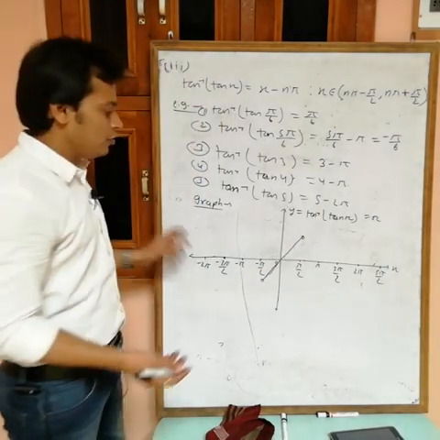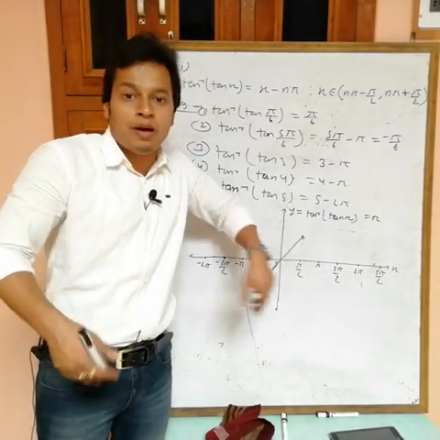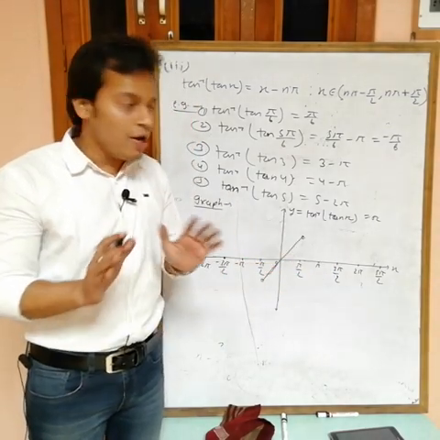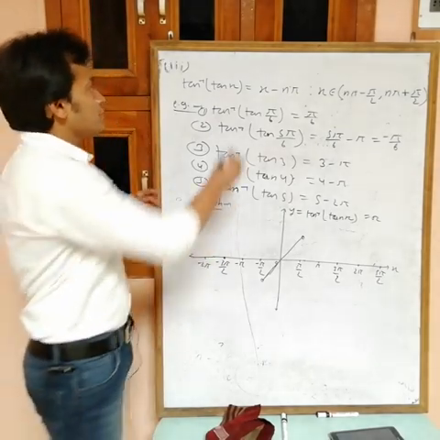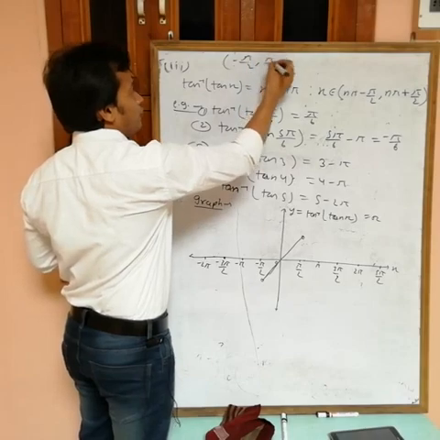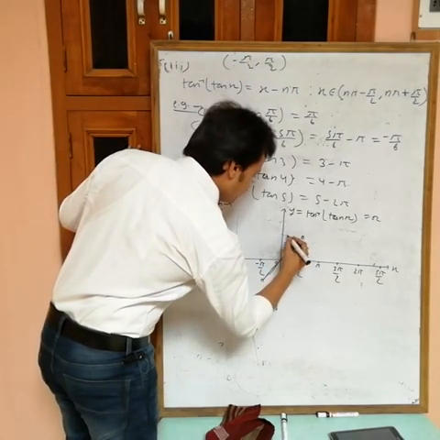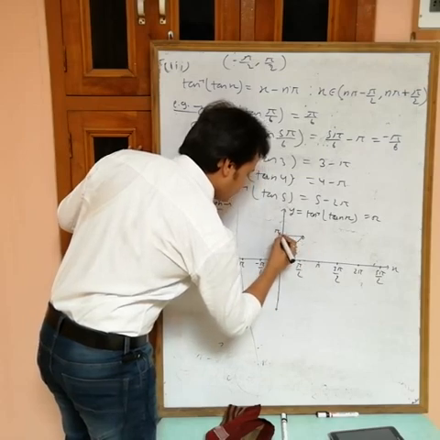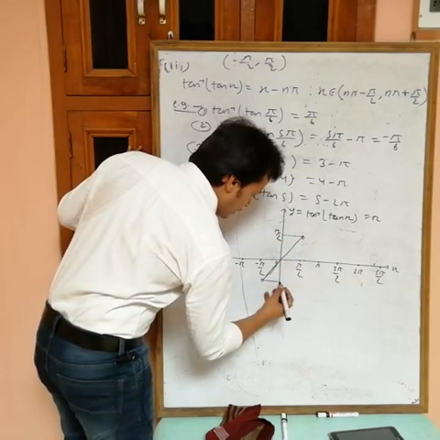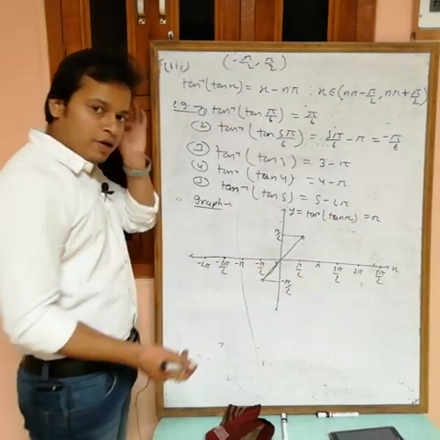Why a white hole? Because you can't put x equal to pi by 2. If you put x equal to pi by 2, tan pi by 2 is infinity. Pi by 2 is not in range. The range of tan inverse is the open interval minus pi by 2 to plus pi by 2. Okay, open interval. Here we have pi by 2, and here we have minus pi by 2. Also in the domain there is no pi by 2 and minus pi by 2.